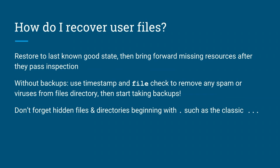User files. Again, you should have backups, and then all you need to do is look at any file that was created since the last backup, inspect them and make sure they make sense, and then copy them forward. If you don't have backups, again, look at the timestamp, use the Unix file command, start taking backups. Remember that if you just type ls, you of course don't see everything. I mention this because there's a classic attacker directory called ...